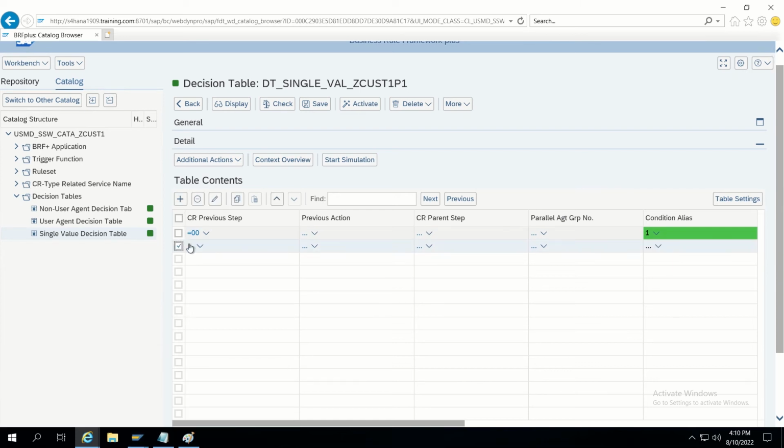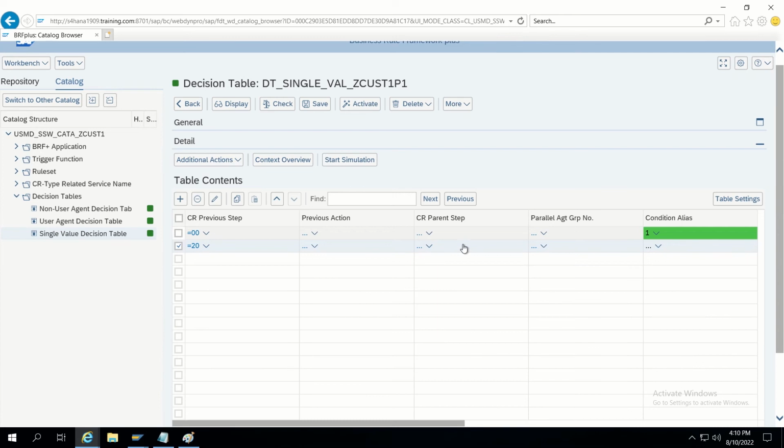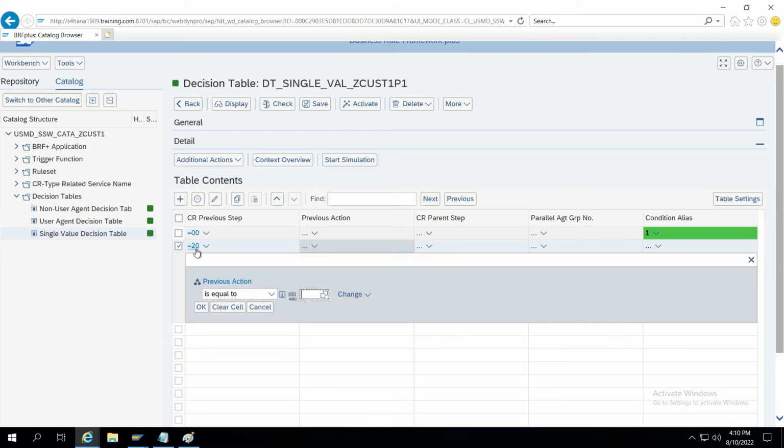So I am just adding again 20 here because 20 we will get when previous step approves, rejects or anything, we have to use 20 here, and then here action. So here we are going to split that one into three different approvers. So these three different approvers may have option to approve or reject. Anything he can do. So that's why I am using previous action as 03,